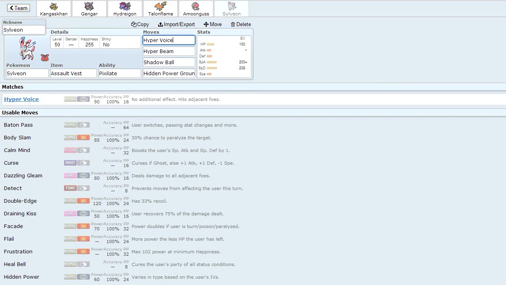And then we do have Hyper Voice, 90 power, 100 accuracy, no additional effect, but it hits both adjacent foes. It also gets the Pixelate boost, meaning it does 100 and... Right, let me work this out here. So 10% is 9. 9 times 3 is 27, so it's doing 117 base power with 100 accuracy,